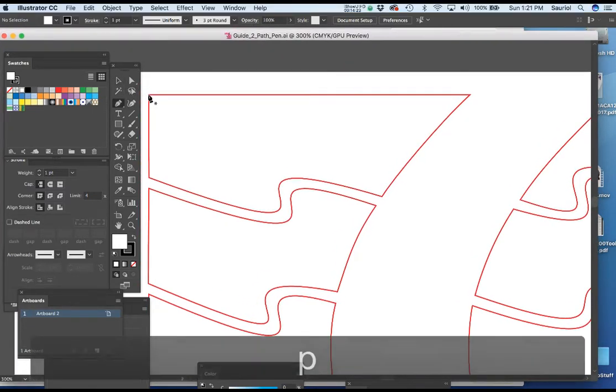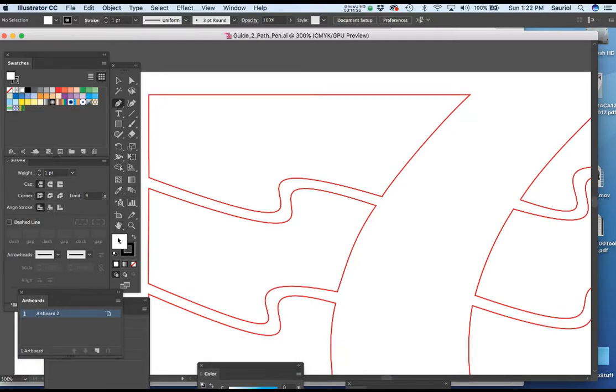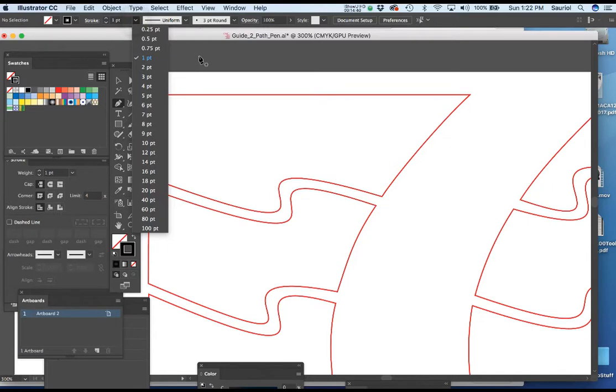I click here. I'm not going to do it. I don't care. And there's a fill of white. I need to make the fill none. And you will see when I do the movie, you will have the fill of none. Look at how the none symbol now appears here. So I click the stroke. I make sure the stroke is at 1 point in thickness. You see up here where it says 1 point in thickness?